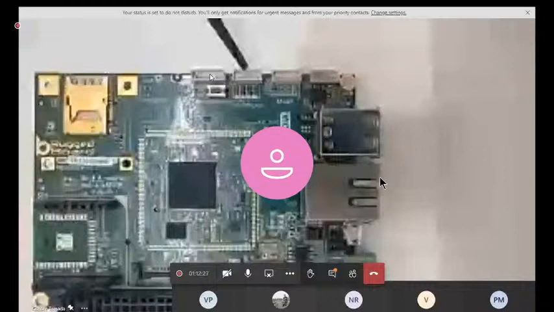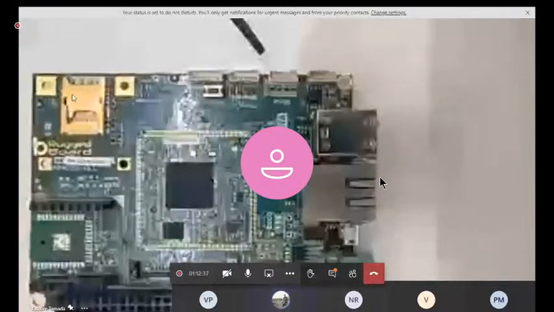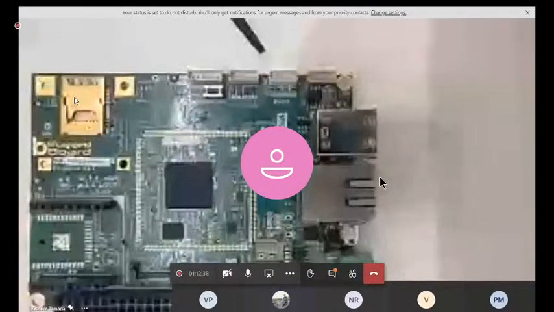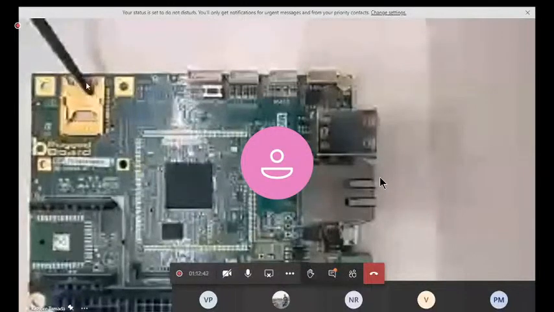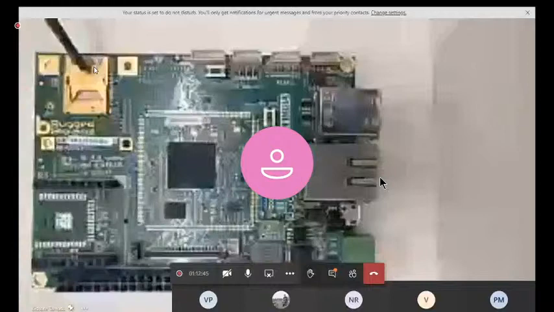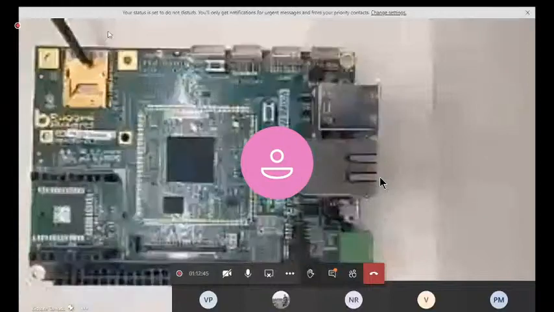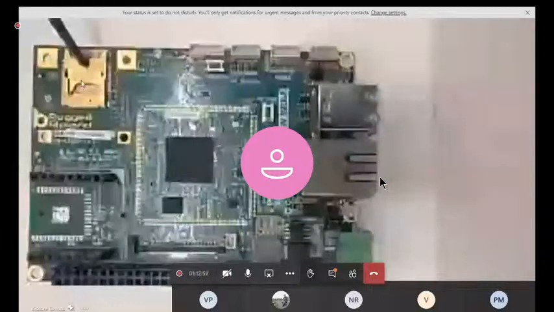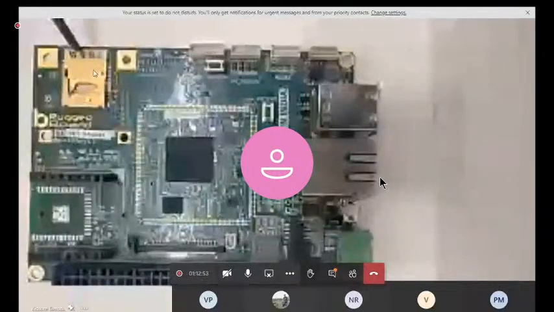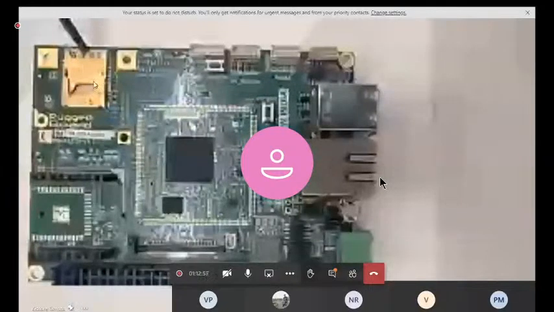The next connector, right? Here the gold one which is shining is actually the SIM card and SD card slot. As I told, when you are connecting your mini PCI based 4G modem, you have to insert a SIM. So this is the SIM slot over here, and then you have an SD card slot. So this is a combo module wherein you can have both the SIM card and the SD card.